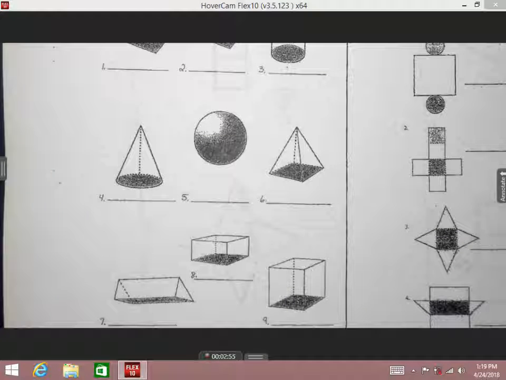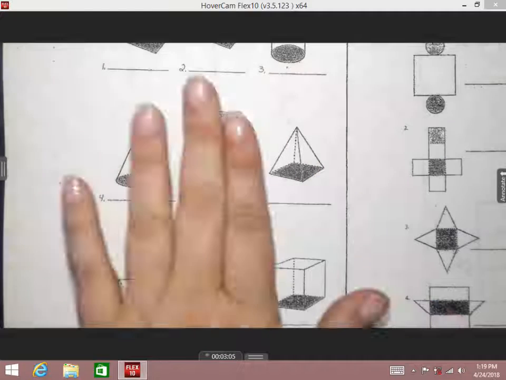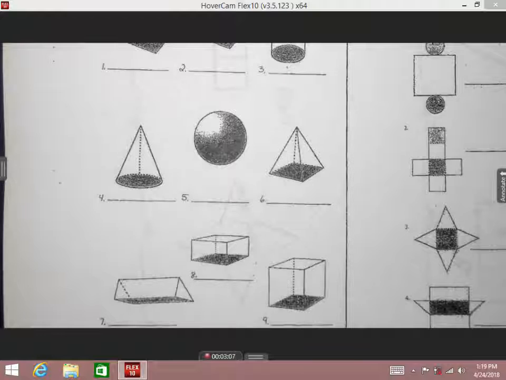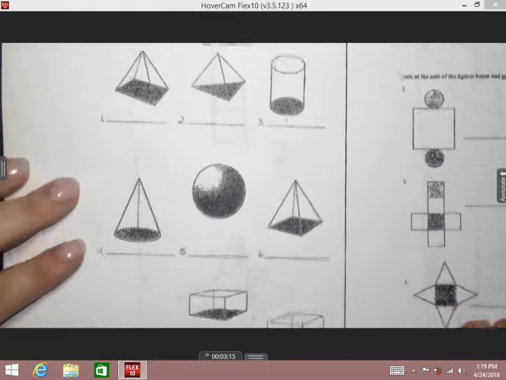All right, I am going to go ahead and mention, have we done anything about the area of a circle? Have we talked about circles in here? No. All right, circles you'll actually do in the 7th grade. I'm going to go ahead and name them on here, but I'm also going to X them out because we don't have to do circles in the 6th grade. But in case you want to know the name, I'm going to go ahead and write it down. All right, so make sure we're writing these down with me,